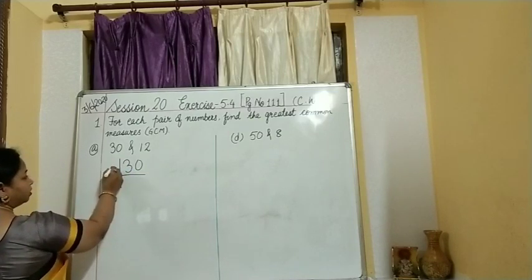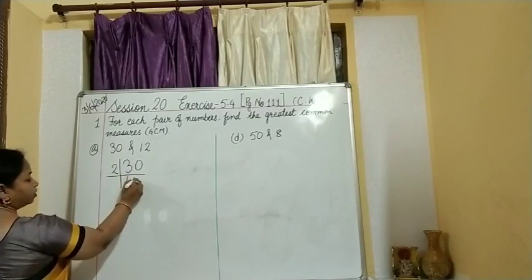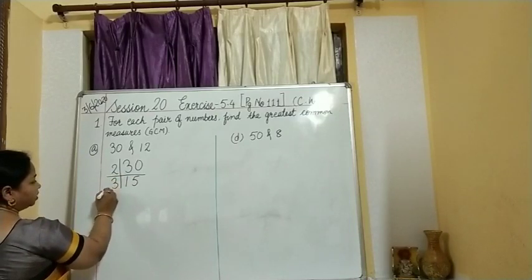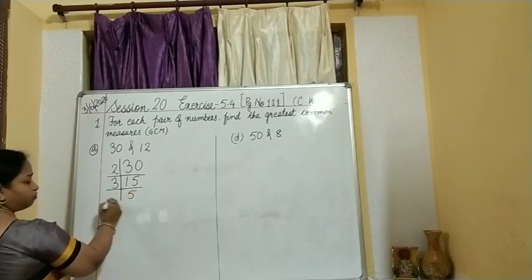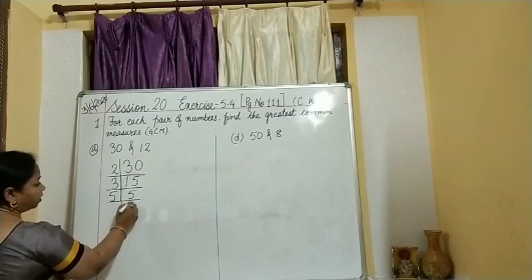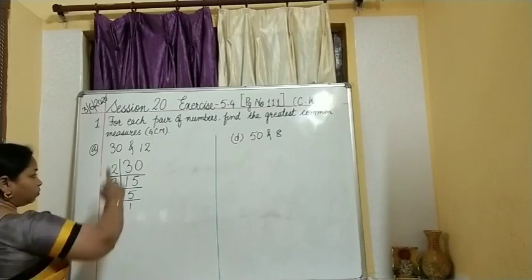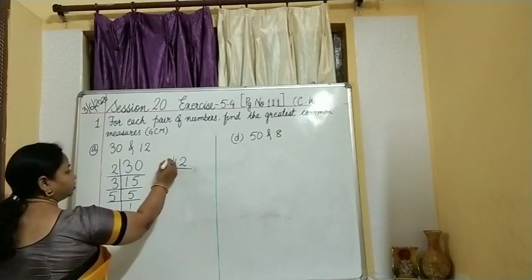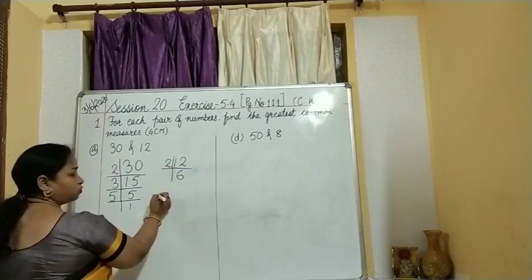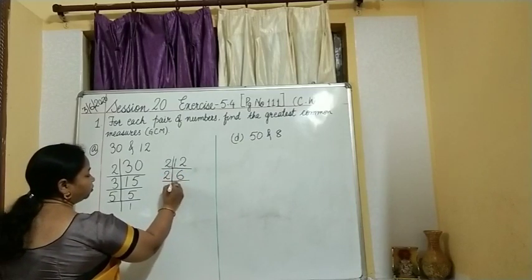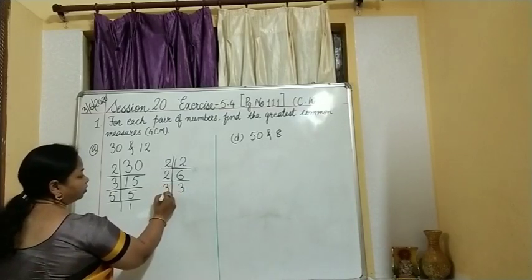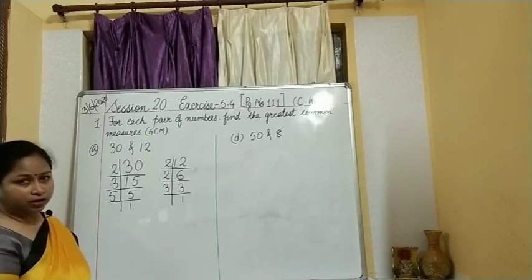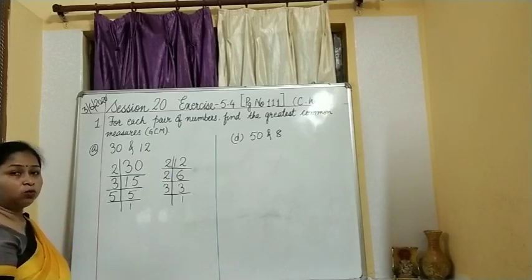So we divide this 30, it can be divisible by 2. So 30 divided by 2, 15. Then 15 is again divisible by 3, you will get 5. 5 is again divisible by 5 and you have reached this 1. What about this 12? Again we will find out the prime factors for this. It is divisible by 2, right? So you will get 6 over here. Again divided by 2, you will get 3 over here. Again divided by 3, what will you get? 1.